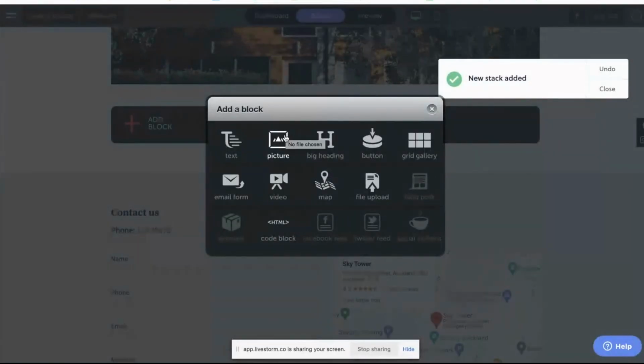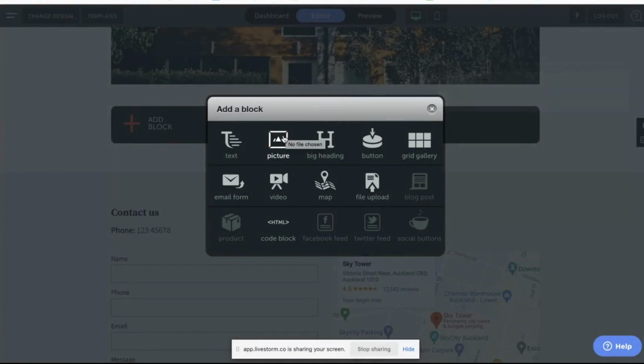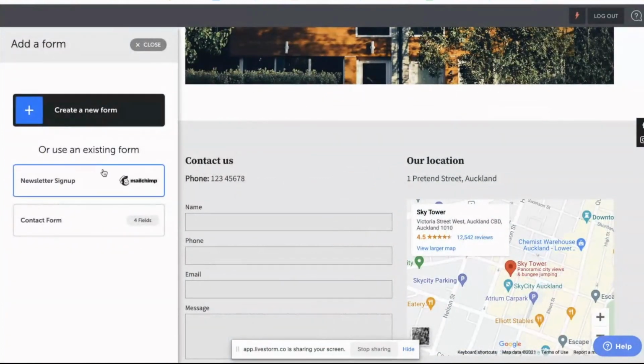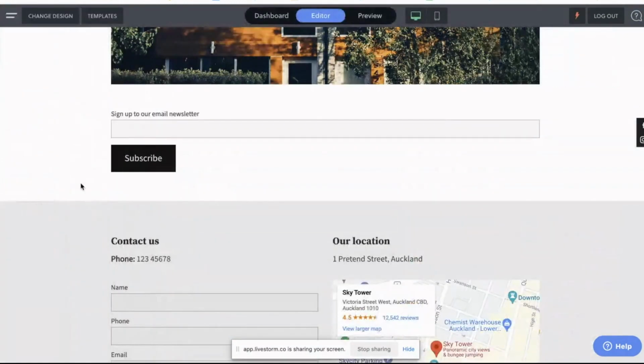Add in a block. At any point as well, if I'm going too fast, just let me know and I can take it down a notch. And we'll just add in an email form. This is the one that has just been created by MailChimp, and you'll be able to see that it's connected as well because it'll pop up with this little logo. Go and add that in.